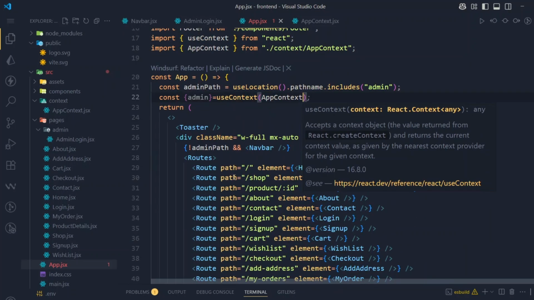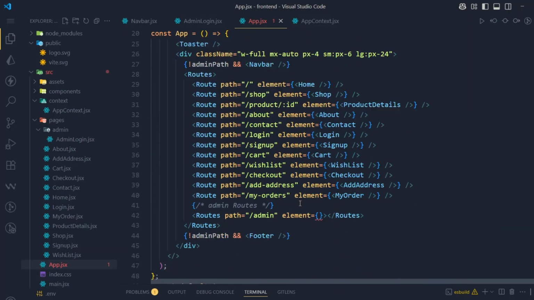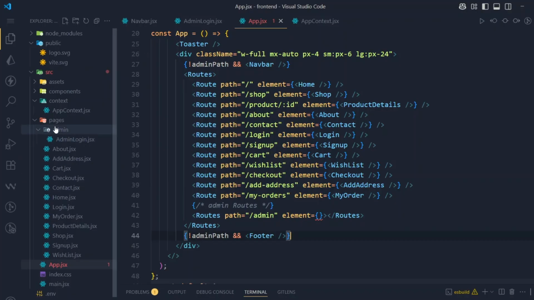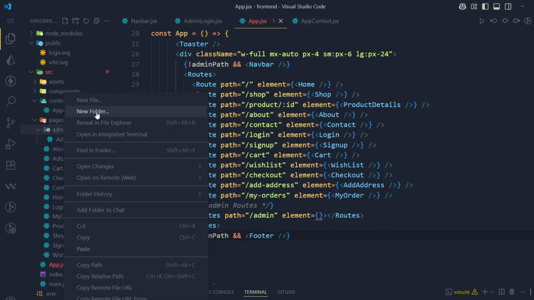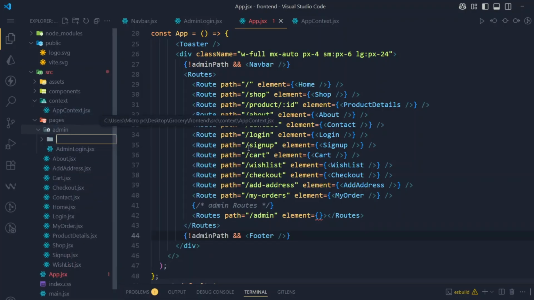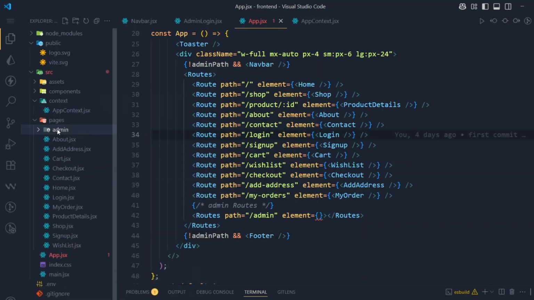Okay, now we need to check here if admin is available, then we need to show any page, otherwise we will redirect admin to the login page. But before that we need to create here admin pages. So we will create all admin pages. So I will create this admin folder and create a new file, not a folder. Here we will create new file, and first of all our page will be admin layout,